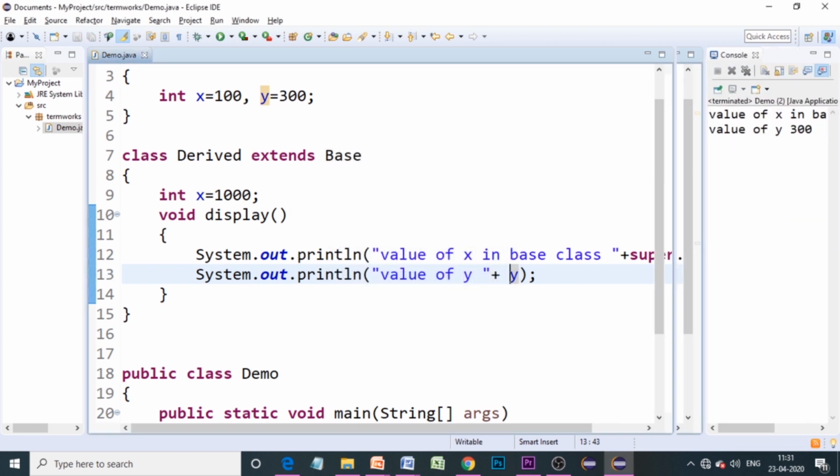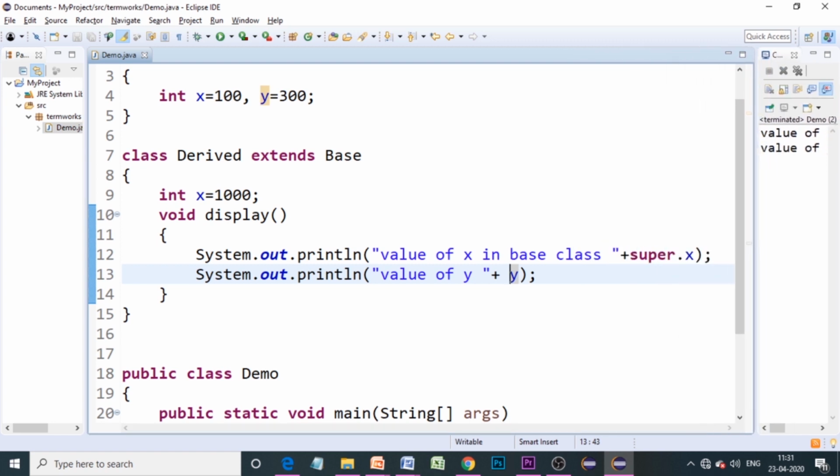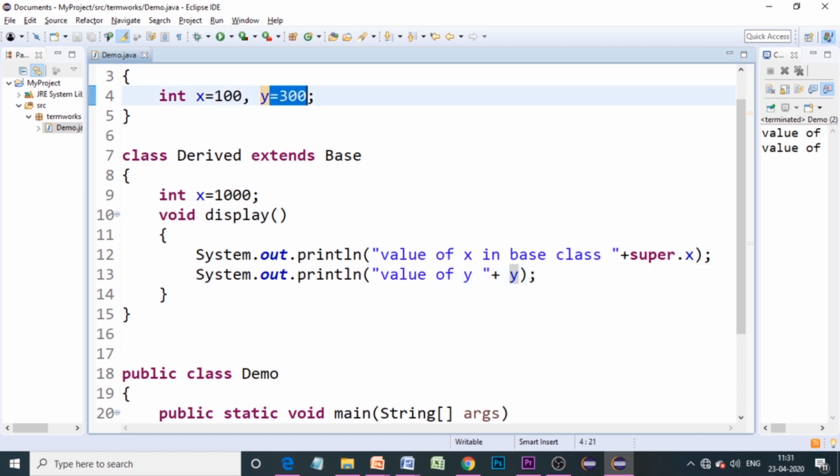Yes, here we have the value of x in the base class as 100 and the value of y as 300. Here, though we did not use the super keyword, we were able to access this 300. Then why did I use super when I wanted to print the value of x which is there in the super class?